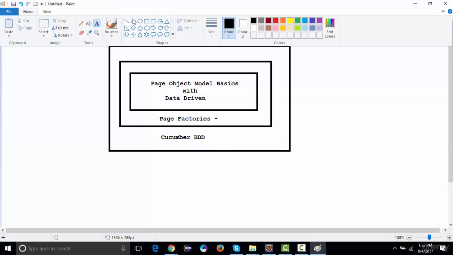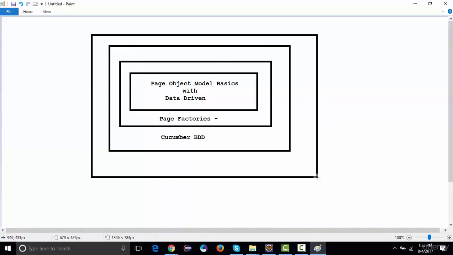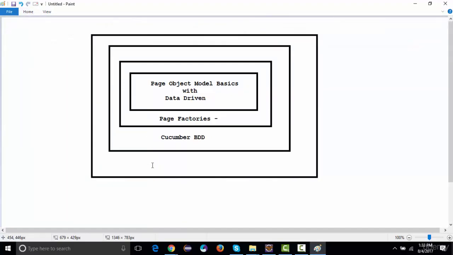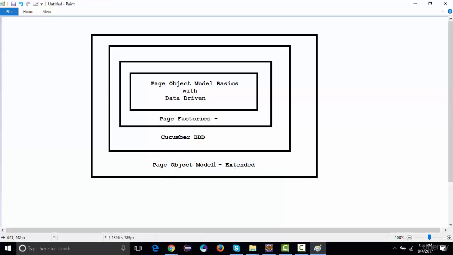And then on top of it, another layer will be added, that is your page object model itself, but it will be an extended framework where you're going to see a lot of data abstraction and a lot of utilities that we're going to create. So that is what the final output of this framework will be, right?